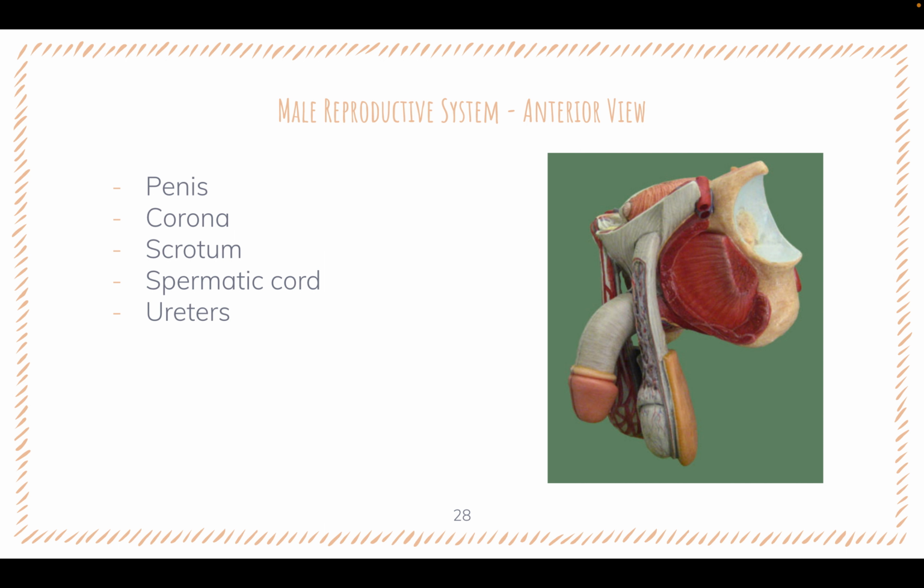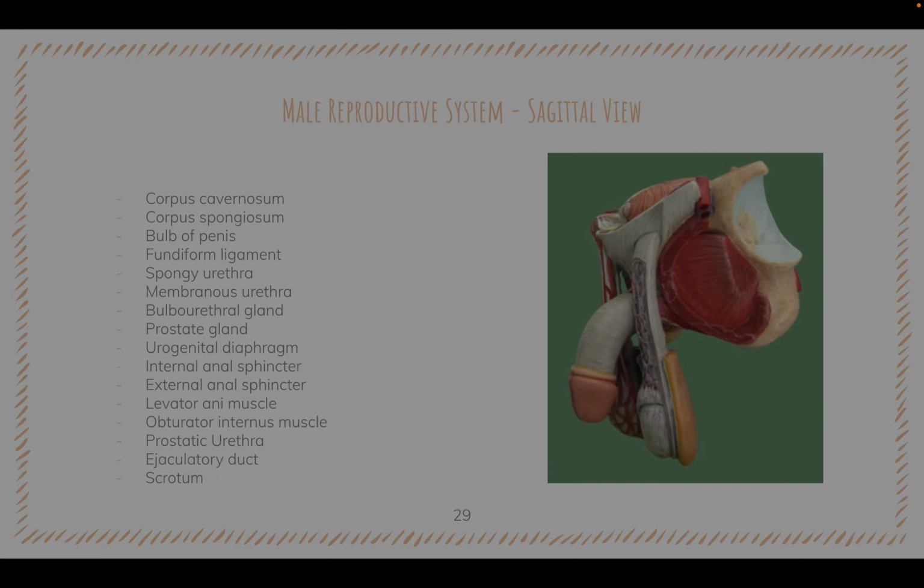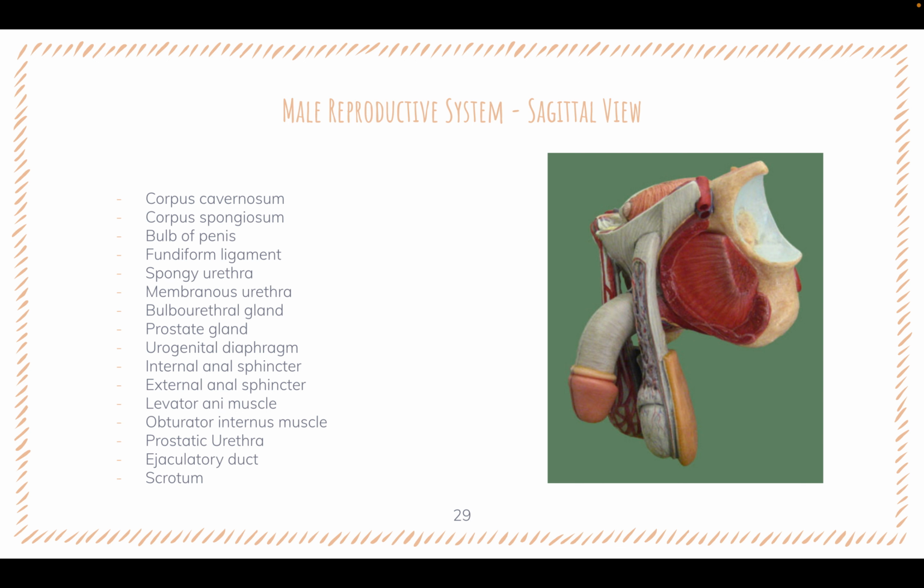So moving on to the men, in the anterior view, we have the penis, the corona, the scrotum, the spermatic cord, and the ureters. In the sagittal view, we have the corpus cavernosum, the corpus spongiosum, the bulb of the penis, the fundiform ligament, the spongy urethra, the membranous urethra, the